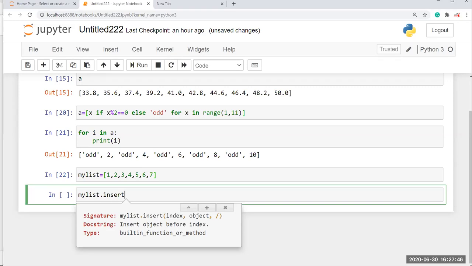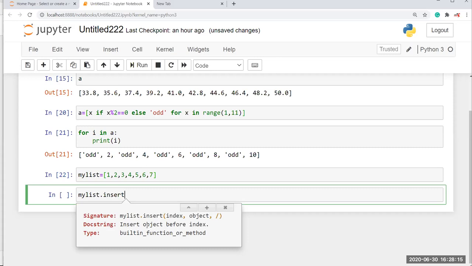Here you can see the signature my_list.insert, and you can pass two parameters here. One is the index where you are going to insert, and the object is what object you are going to insert. Okay, so you can see which parameters I am going to insert here, and the docstring is insert object before index.